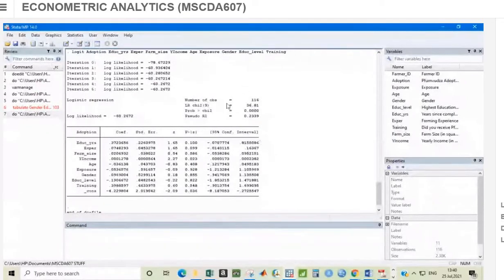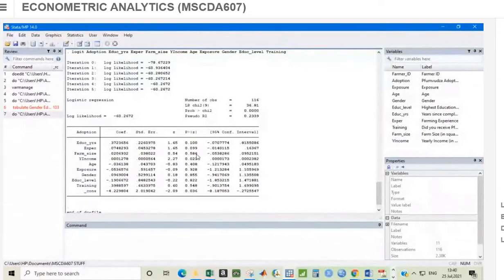Okay, so checking for the individual performance of these independent variables on adoption of Fumvuza, you can tell that number of education doesn't matter. You can remove this one from the model. Experience, it's again greater than 0.05. So experience, we remove it. Then which one? Only yearly income is significant individually.